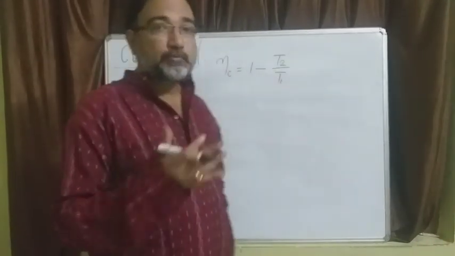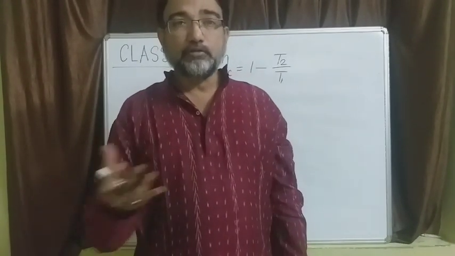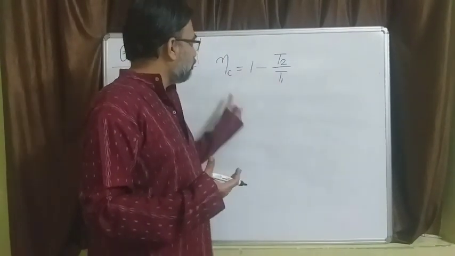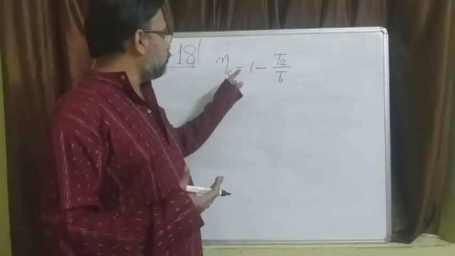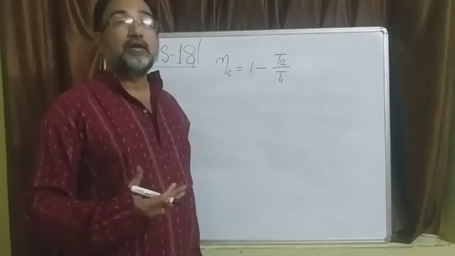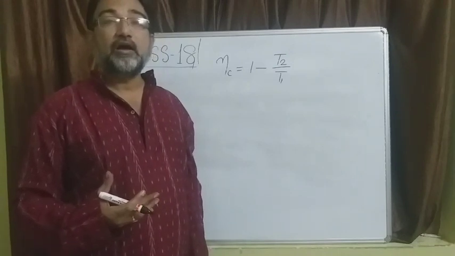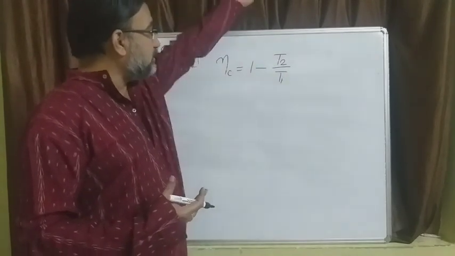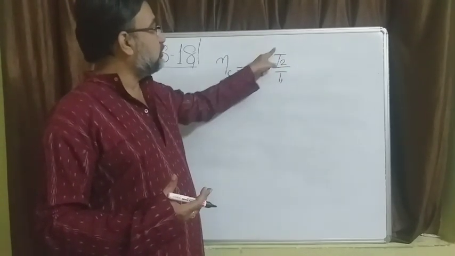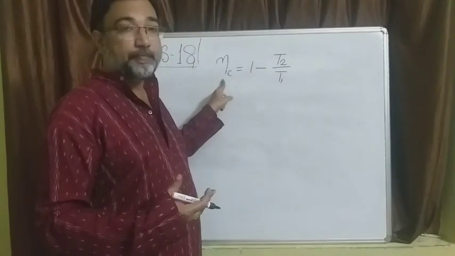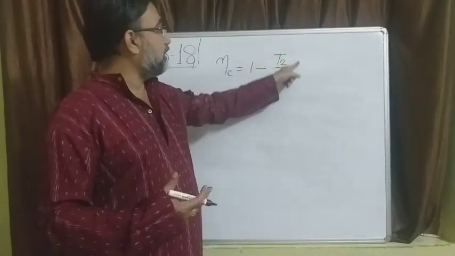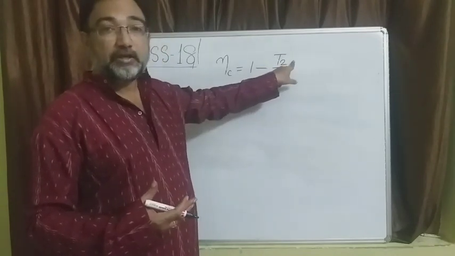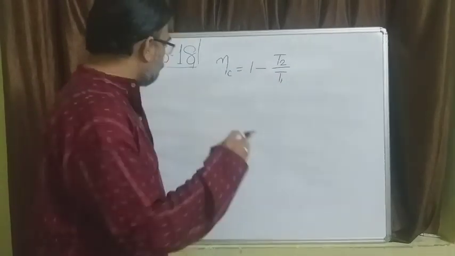If you want to improve the Carnot cycle efficiency and you have the freedom of, say, changing the source and sink temperatures, okay, so what will you do? How can you improve efficiency of a Carnot engine by changing T1 and T2? So what you will do with T2? So 1 minus T2 by T1. So this term must be reduced so that Carnot cycle efficiency is improved. And this term can be reduced either by increasing T1 or by decreasing T2. Okay. So there are two ways.